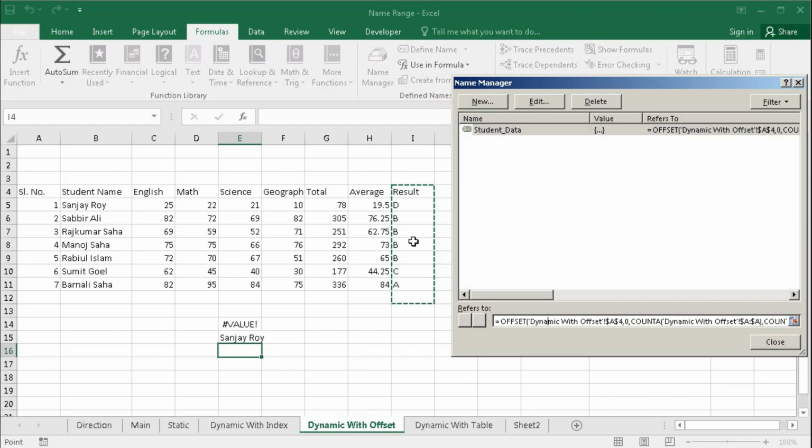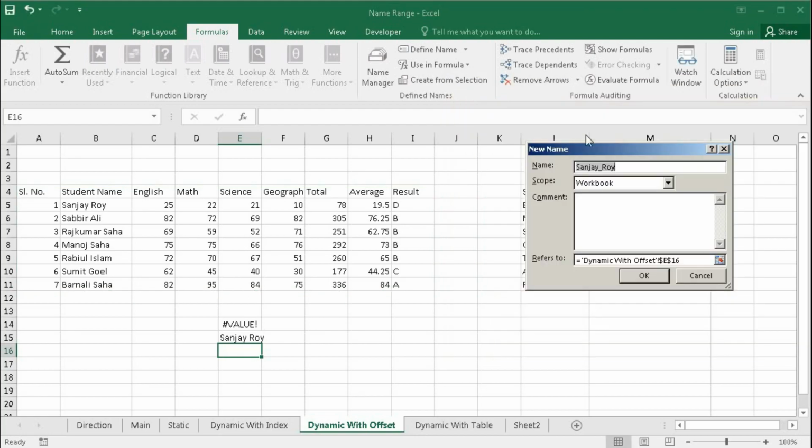This is completely wrong. Let's see what happened. Oh sorry, here I have to put 1 0. I had not given the column to move, so now it's okay. See, now this is the range of the total table. Now I will create a name range for serial number or student name. Let's see.